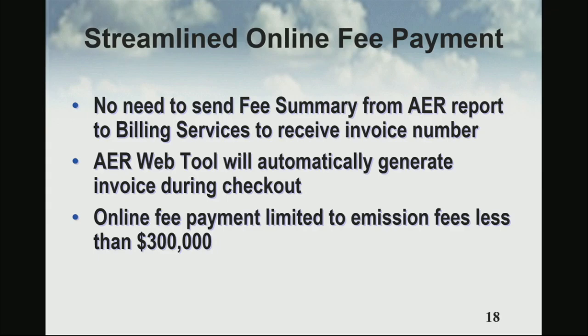That's no longer the case. Once you submit your report and you need to pay and you pick an option, the invoice is automatically generated. It's going to be working in the background, so that will allow you to go straight into the online payment portal. You'll be able to do everything in one step. So again, in addition to the fully electronic submittal of the report, that should help make the whole process more seamless and quicker.